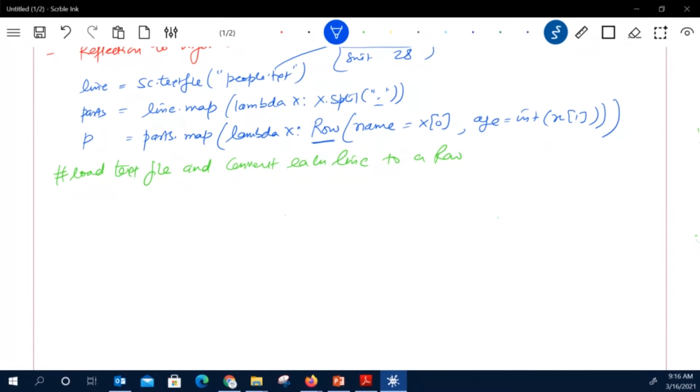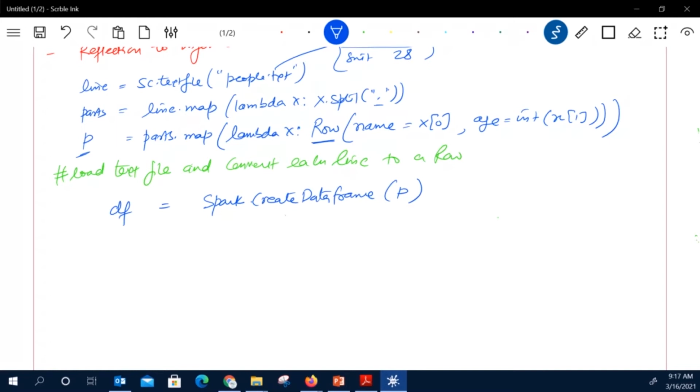Now we have this P part. So now you will utilize this. In Spark we have a function called createDataFrame, and I am going to pass this P, because this P will contain the data, and then my data frame will be created. So my data frame is like df equal to the data frame, and I have created a data frame over here. So this way we have created a data frame.